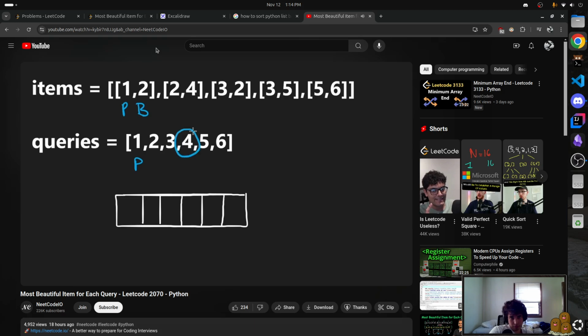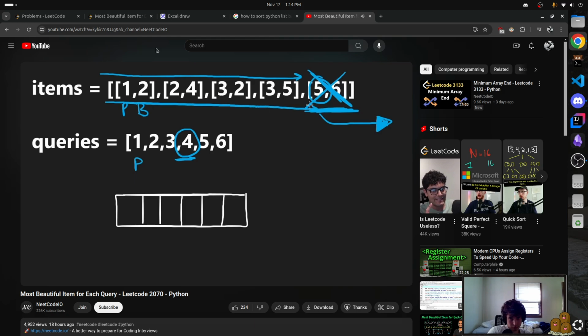I have a 4. Okay, so I'm going to scan from left to right, and I'm going to stop as soon as I find a price that is higher than 4, because I know that I don't have to consider this guy, and I don't have to consider anybody to the right of this guy either. This seems like an optimization, but still, in the worst case, I mean, we still might have to iterate over